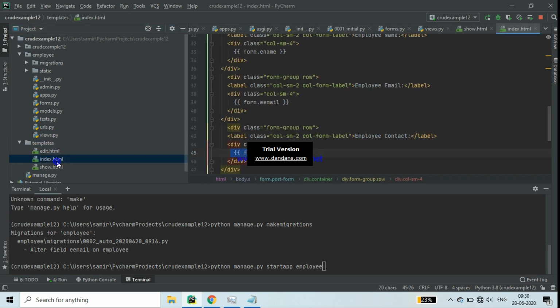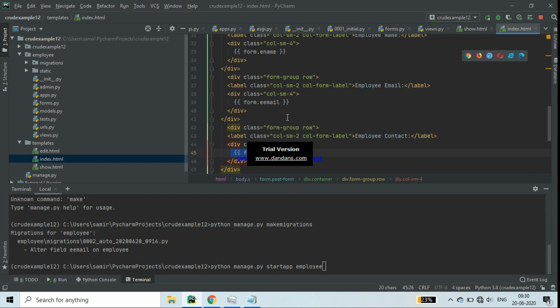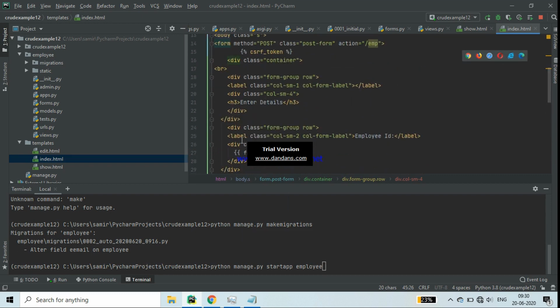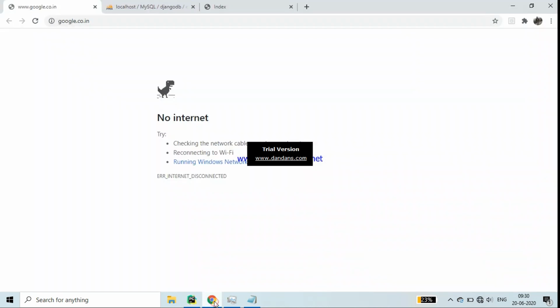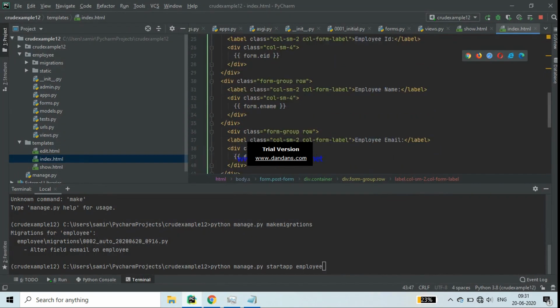First of all, I have created an index.html where my front look will be, from where you can insert a record. In this, these things have been taken: employee ID, employee name, employee email, employee contact. You can see the outlook of this here. See, this is the output of that.